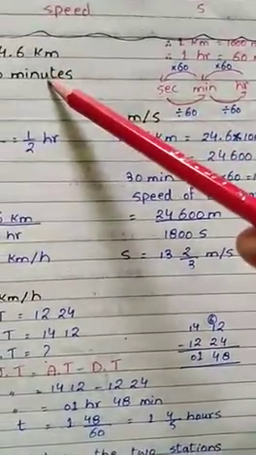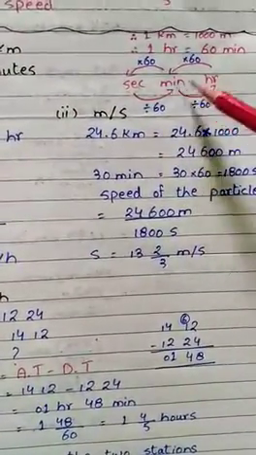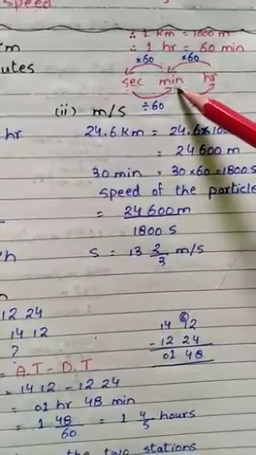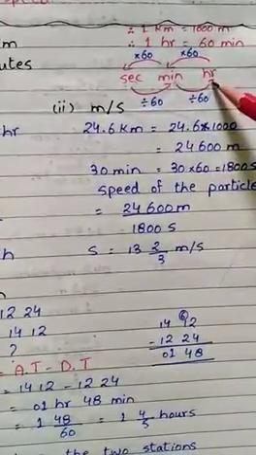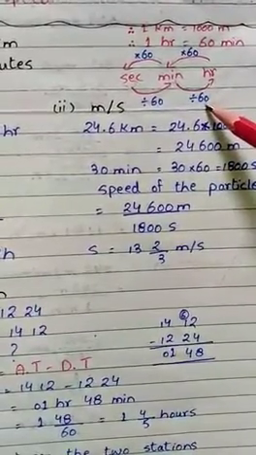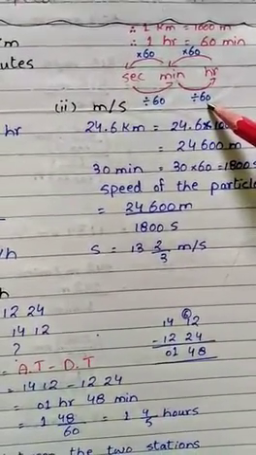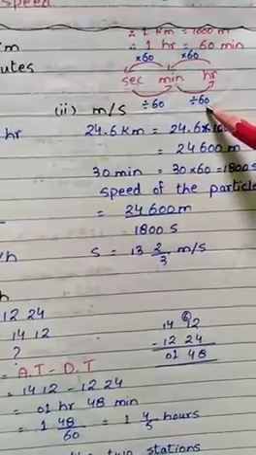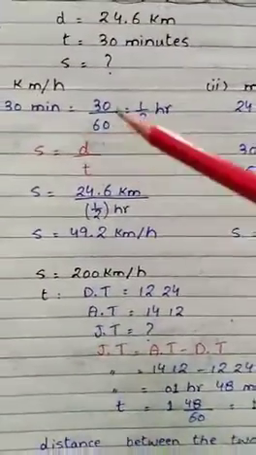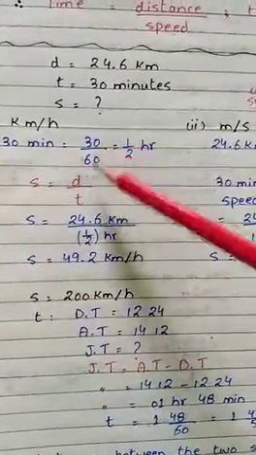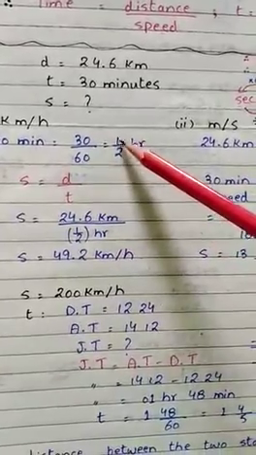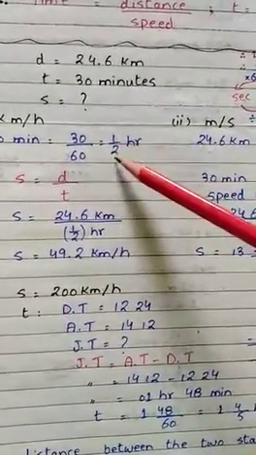Now the time is 30 minutes and we are converting minutes into hours, so we divide by 60, because 1 hour is equal to 60 minutes. So 30 minutes is equal to 30 divided by 60, which in simplified form is 1/2